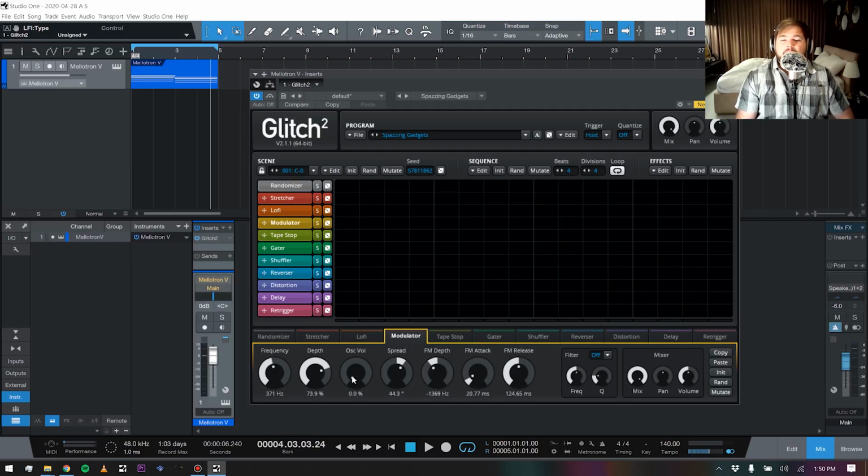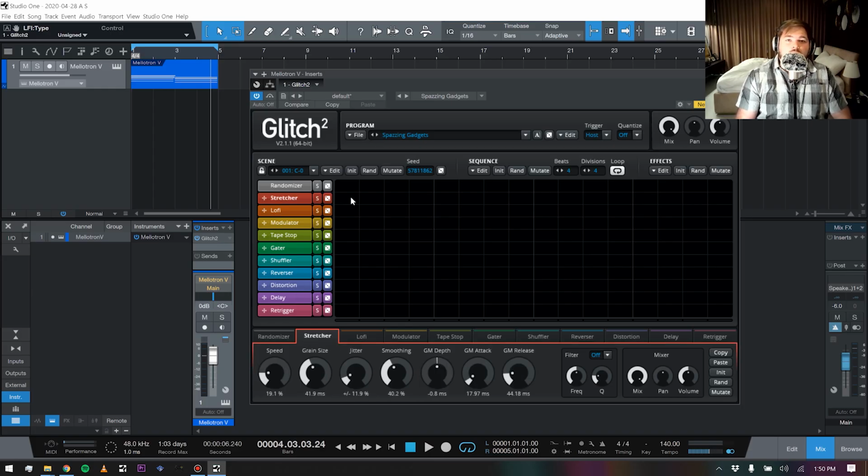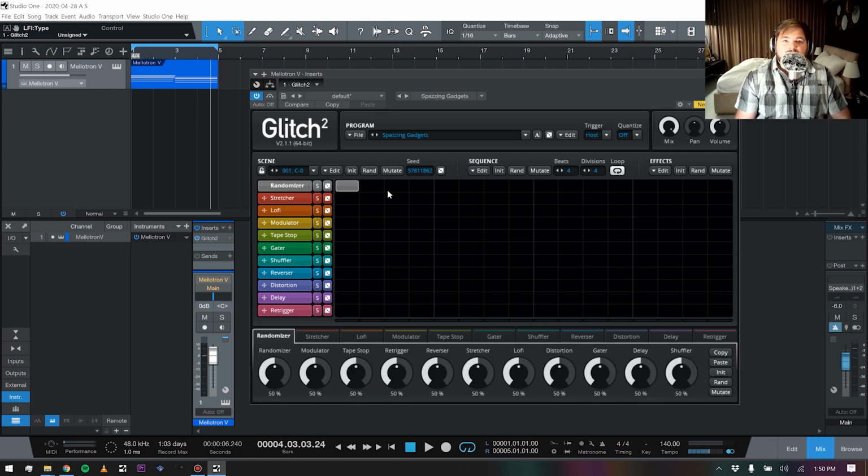Modulation, this is a super full-featured modulation plugin just on its own. So that's incredibly cool right there. Each of these you can just do so much. They're so powerful. But then, really, the overarching thing with Glitch is this kind of step sequencing situation that we have going on,